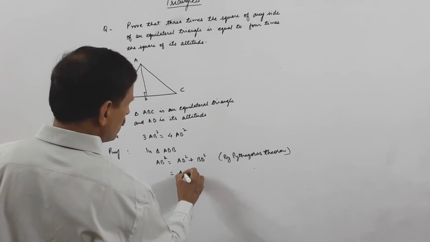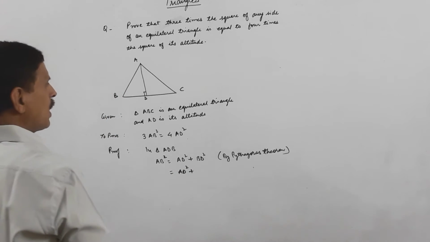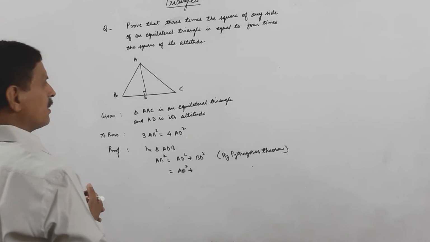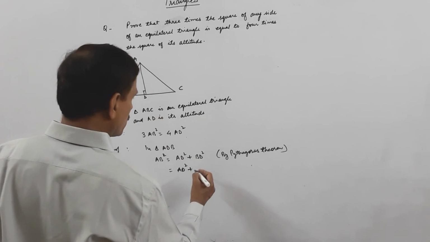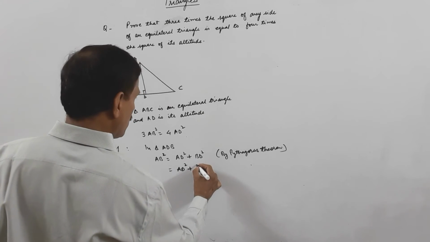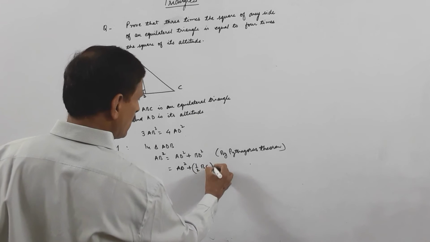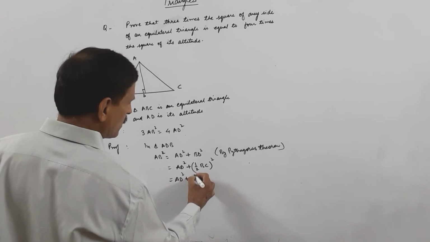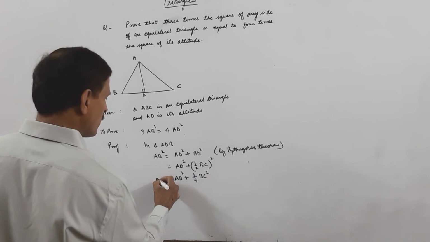This is equal to AD square plus, we know BD is equal to half of BC because altitude is also median in equilateral triangle. So D is the midpoint of BC. So this is 1 by 2 BC square, that is AD square plus 1 by 4 BC square,